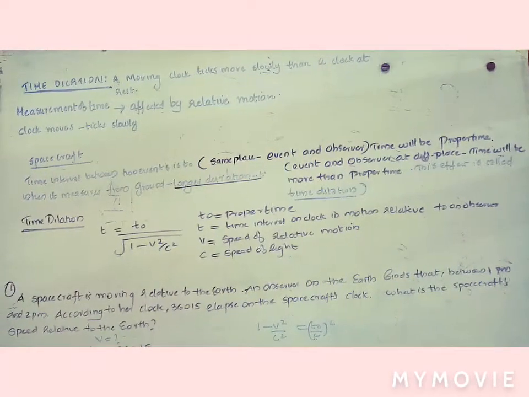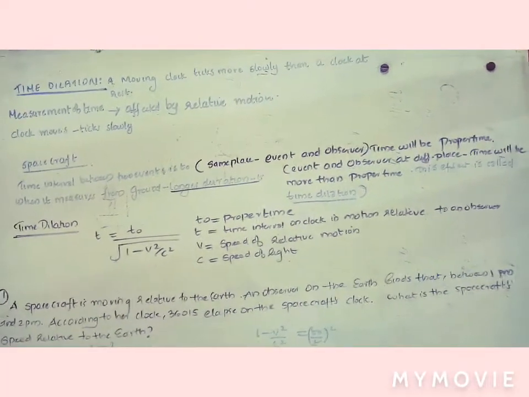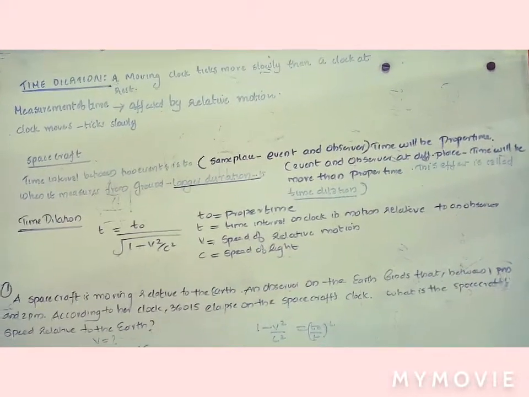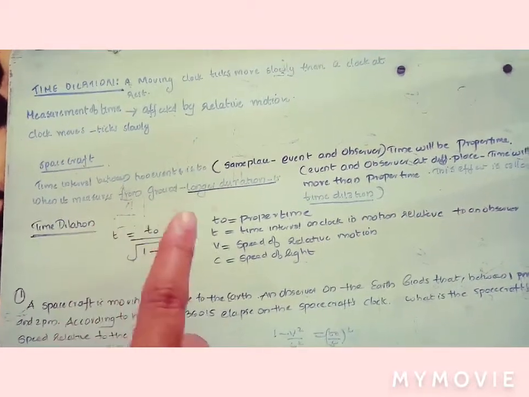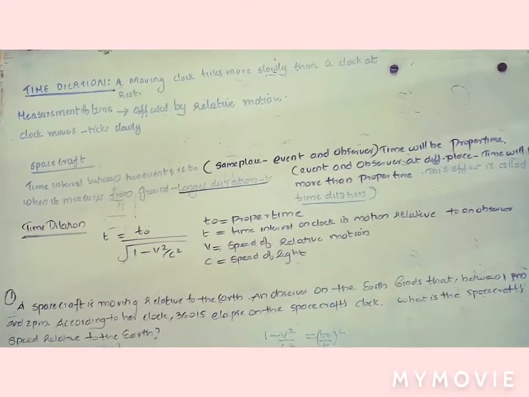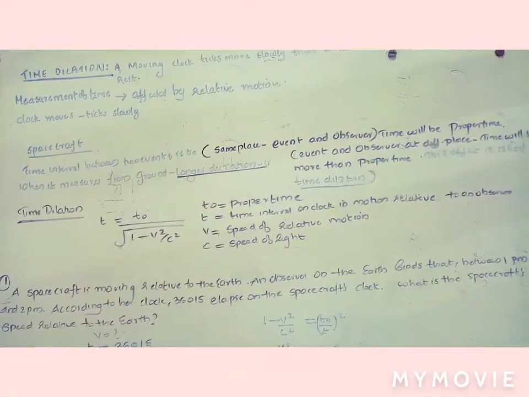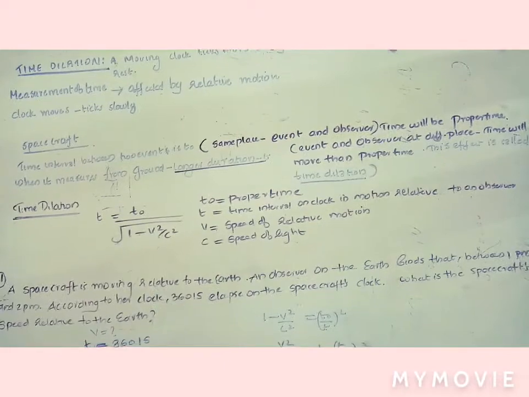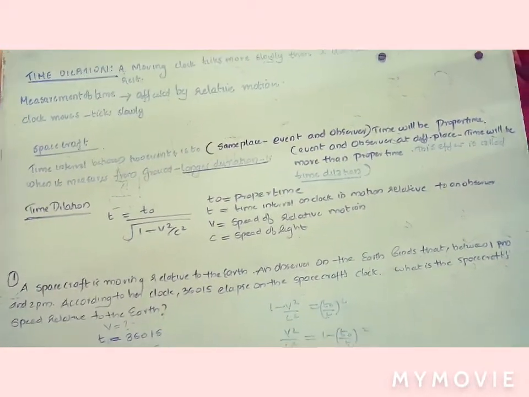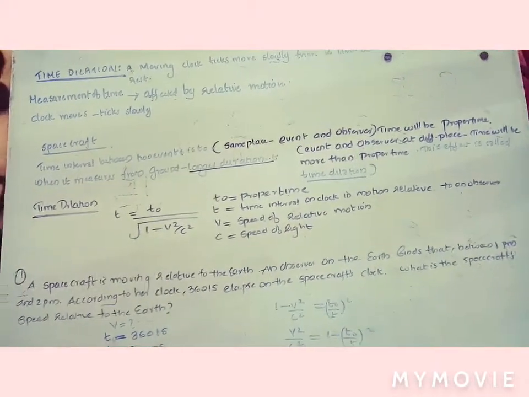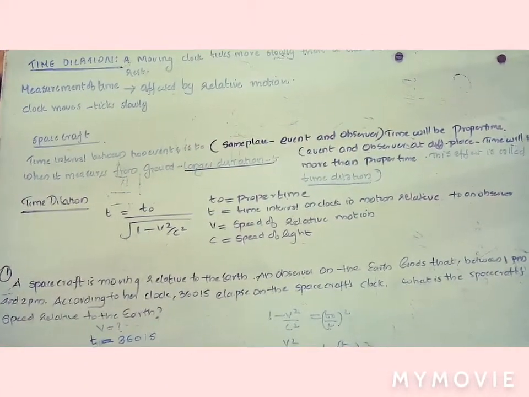Today we are going to study time dilation. We know the relativistic effect, that time is dilated for a moving body. So time dilation is the effect in which a moving clock ticks more slowly than a clock at rest. Here, the measurement of time is affected by relativistic motion, that is, when the clock moves, it ticks slowly. We are considering the case of a spacecraft in which the time interval between two events is